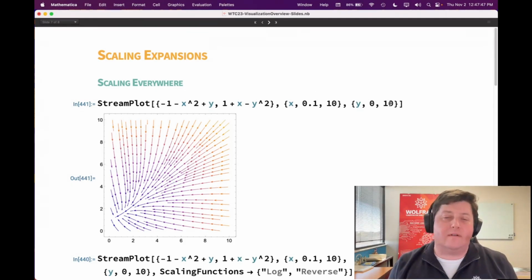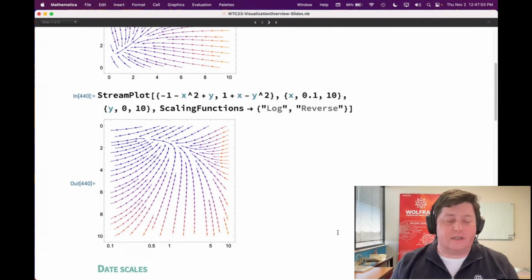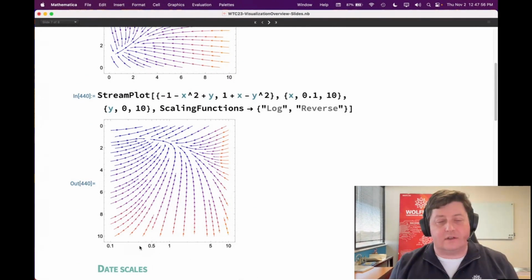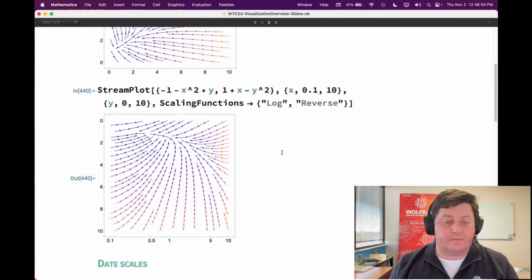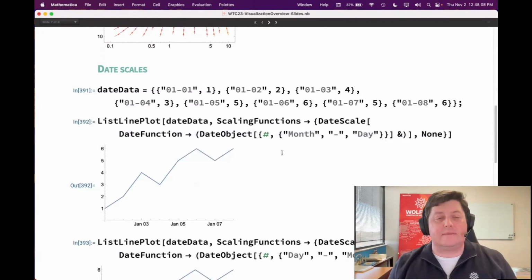So here we have a regular stream plot, and if you have an application where you need a log scaled x-axis and a reversed y-axis, put that in and out it comes. We've also extended what types of scales you can have for scaling functions. We always had log and reverse and reciprocal,